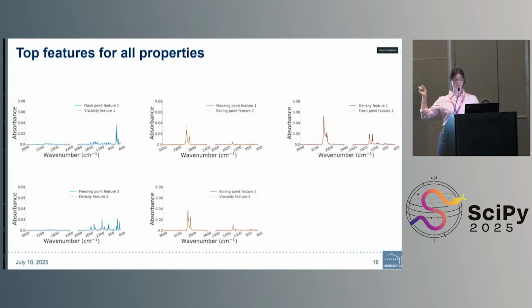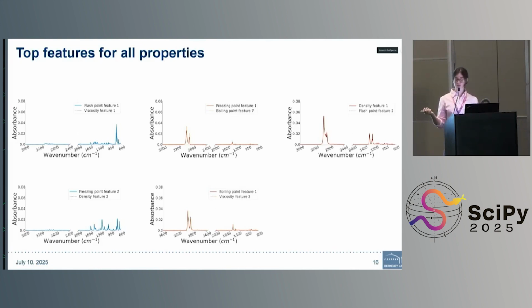For example, in the first plot on the top left, we see the top features for viscosity and flash point, which look a lot alike. Both show really strong peaks around a value of 770 on the x-axis, and that region is typically linked to ring-shaped molecules like aromatics. It's like a hexagon-like structure, and the specific motion picked up around the 770 range is like a wobble or a bending of the hydrogen atoms that stick out of the plane. They stick out from the rings. Now, you don't really need to know the exact motion, just that these patterns are strongly associated with aromatic